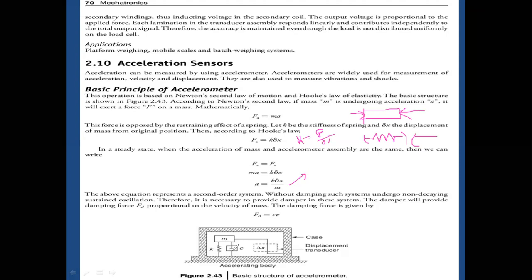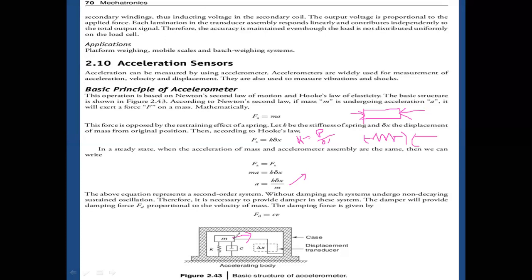Any element in practical, day-to-day applications has some kind of coefficient or constant, whether it may be an elastic constant, modulus of rigidity, stiffness, or damping coefficient, whatever it may be. In this situation, to reduce the vibration, whenever we apply a force, it is supported by the spring K, on which the mass is mounted.